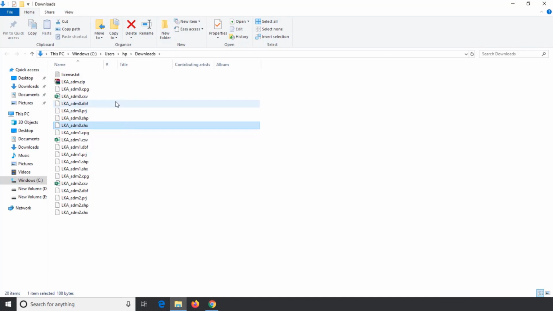.shx is a shape index position file. .dbf is a database file in which attributes and object IDs are stored. .cpg files are optional plain text files that describe the encoding applied to create the shape file. .prj contains the metadata associated with the shape files, the coordinate and projection system. .csv files have the information of the shape file. The license text file contains the license information of the downloaded data. Just open and read it to know how this data can be used.